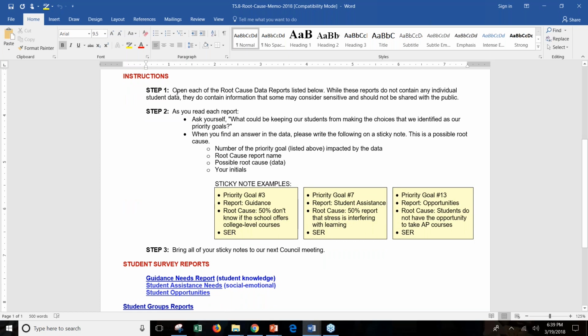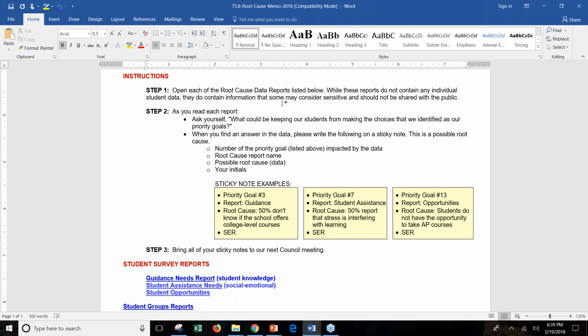The instructions say to open the council root cause data reports below. While there's no individual student data in those reports, because some of the data may be sensitive, we're suggesting that they not share this data with a newspaper or in your community. We've never had an issue with that, but we just want to ask people to be sensitive.